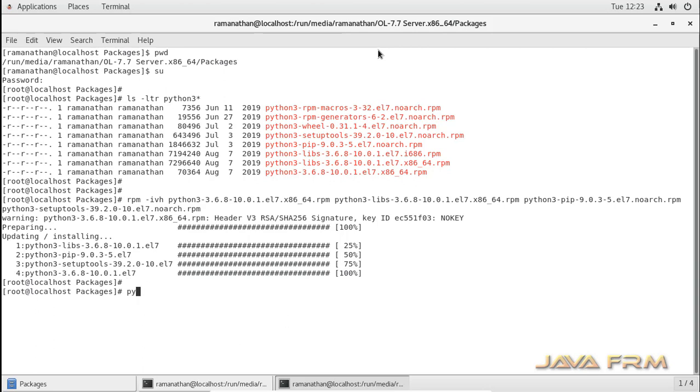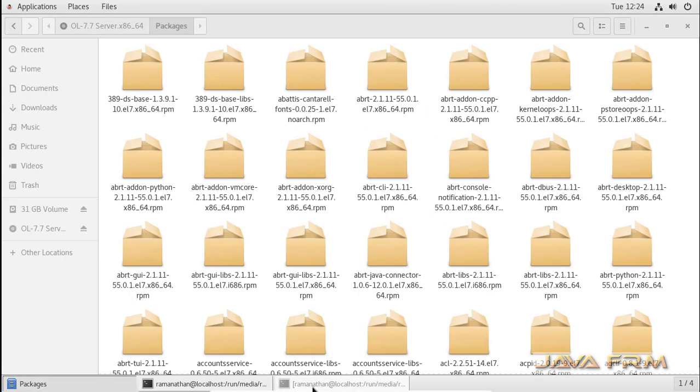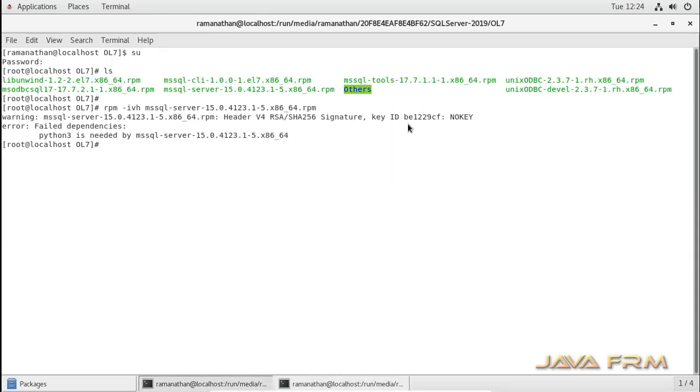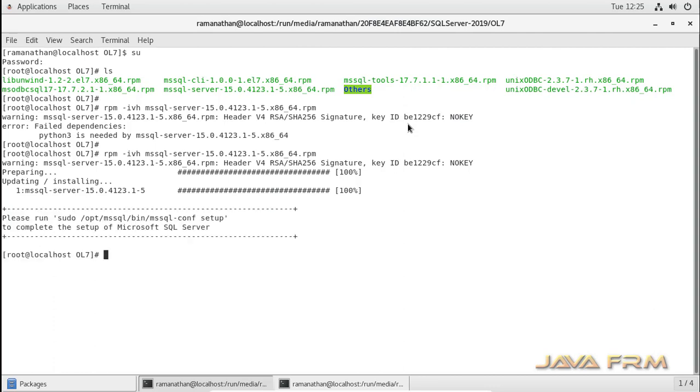Make sure that it is installed. Yes, Python 3 is available. Okay, now let me install this Microsoft SQL Server 2019 once again. Yes, I am able to install it now. So the Microsoft SQL Server 2019 RPM package is installed.